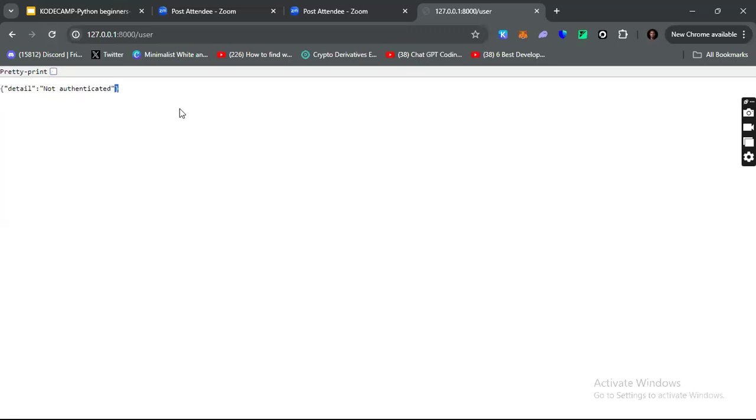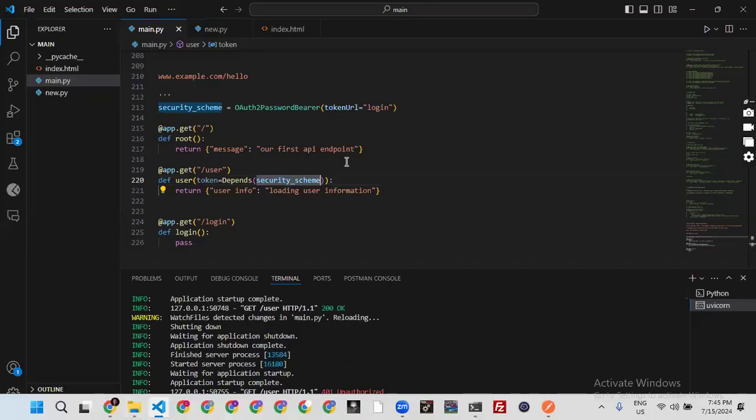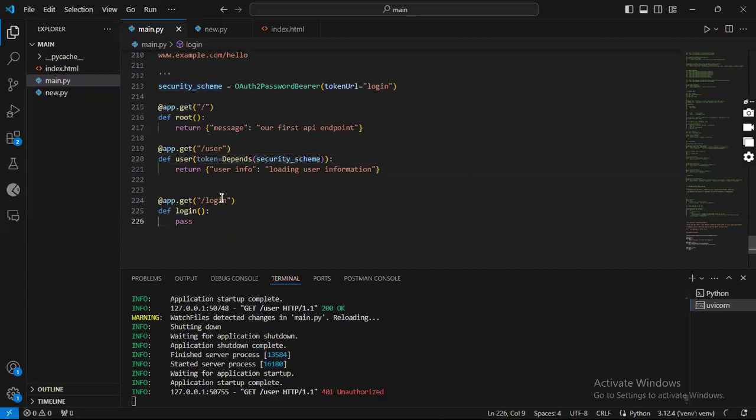So as such, one has to get authenticated. So now, where do you get authenticated? That is where your token URL comes in, the login route. Right now we have not set that up, okay? So I can come here and set that up. So I could also for this, I would say that I intend for one to do what,